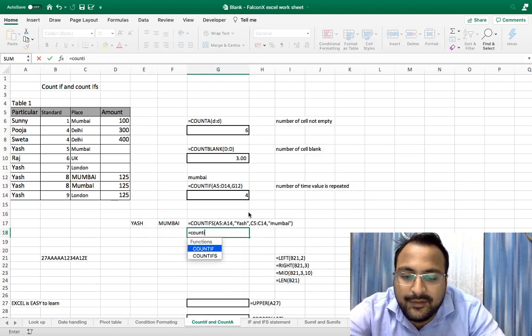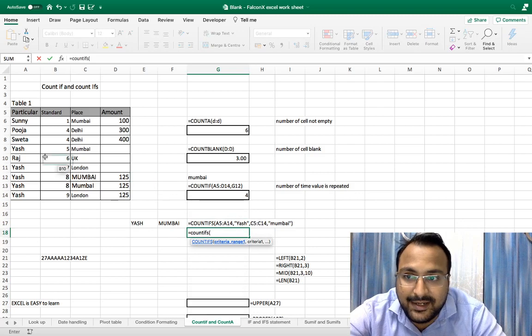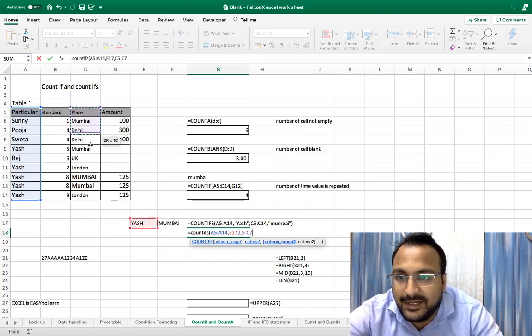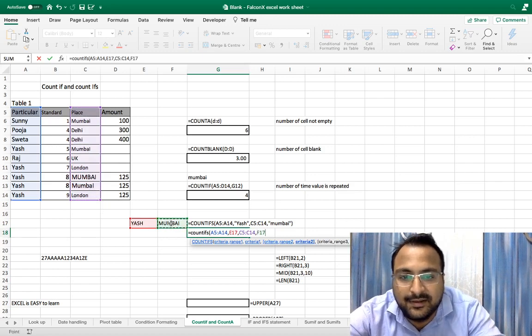COUNTIFS, first is criteria range. Here you have to select the first criteria range only, not the complete data set. And my first criteria is Yash, comma. My second criteria range is this, comma, and Mumbai, my second criteria.